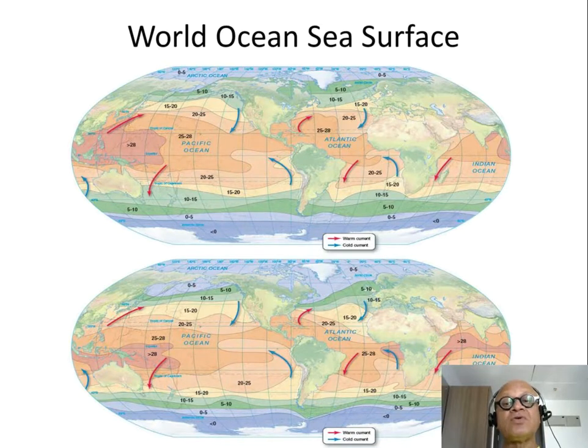Okay, so these are things that you should just kind of have etched in your brain, so that when people are talking, or when you are talking about sea surface temperatures, winds, ocean currents, different oceans, and so on, all these things should just come to your mind. The distribution of temperatures, currents, winds, and so on. Okay, very critical to remember these sorts of details. So we'll move to the next part in the